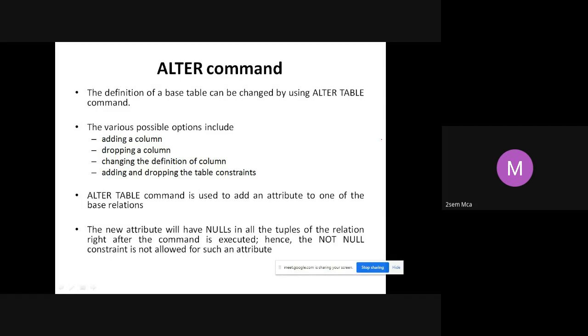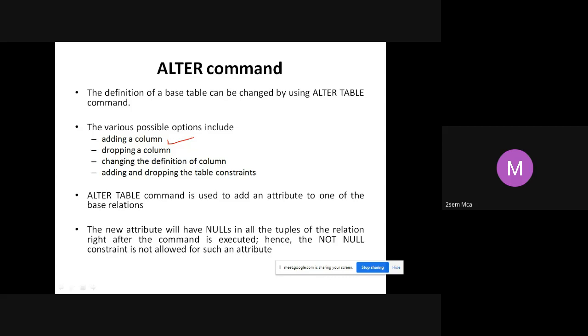So we have used the alter command. We have seen all these options, right? We have tried adding a column. In the second lab exercise, you remember we tried adding total, we tried adding GPA. All this was added later. When we created the table, we did not do that.